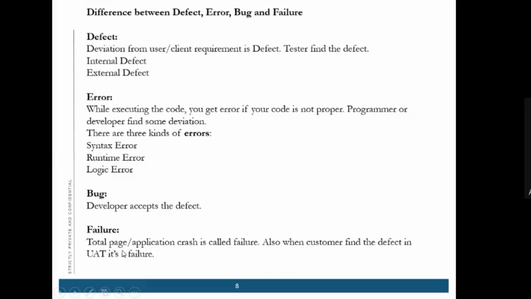If we navigate from one page to another and it gives an error page, or we are not able to navigate, or it crashes when we log into the system, that results in failure. Also when the customer finds a defect in UAT, it is a failure, because if in user acceptance testing they find major defects, it means a system failure.